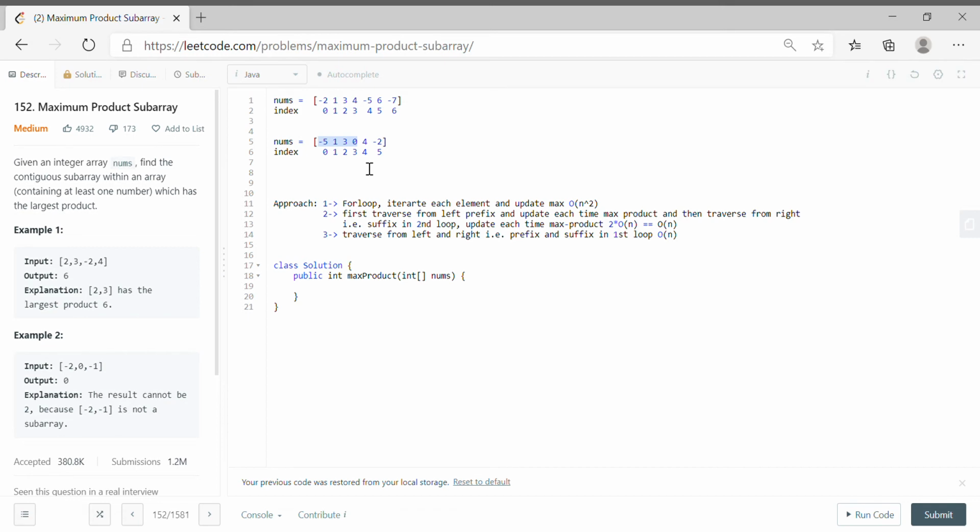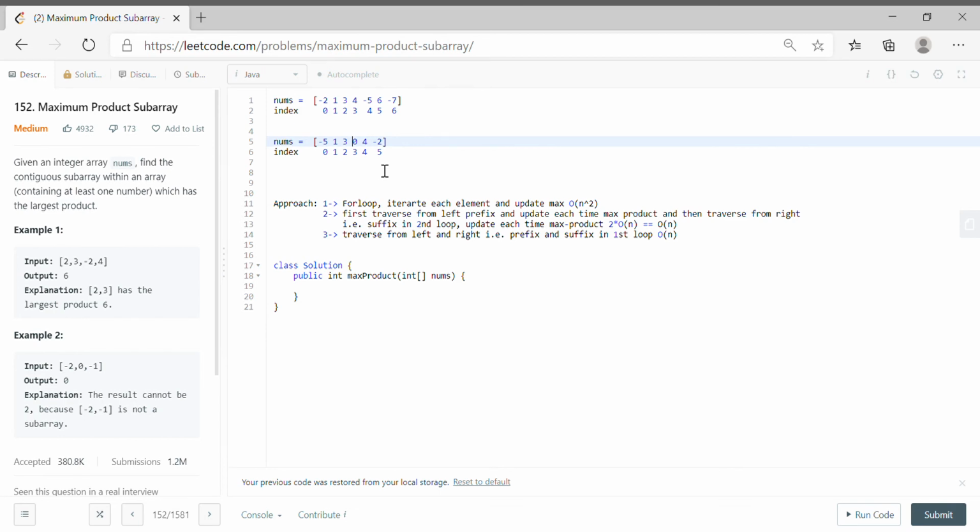So again, when we go to the fourth index, the prefix was 0, so we'll make the prefix 1, then we'll multiply by 4, and similarly we'll do the same for the suffix: minus 4, minus 2 into 4, minus 8, and then multiply by 0, so overall it becomes 0. When we move to the second index, we'll see the previous was 0, we'll make the suffix 1, and then we'll again start. So this is over. You can do this iterating from left and right by using one for loop.